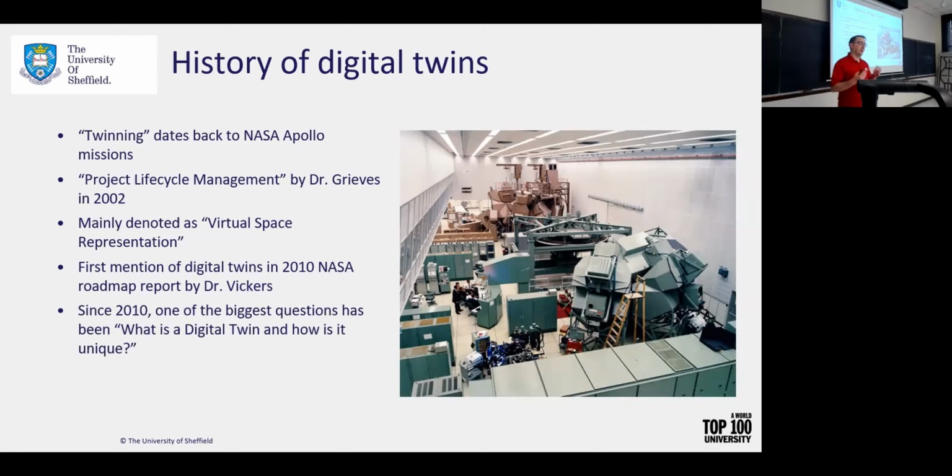And so since 2010, one of the biggest questions has been around what are digital twins? The concept is fairly ambiguous. Is this a virtual representation? What does that mean? How rigorous is it? And it's also expanded to how is it different from our current techniques? We've had calibrated models for decades. We've had IoT solutions for decades. How is a digital twin different from all of these current situations?